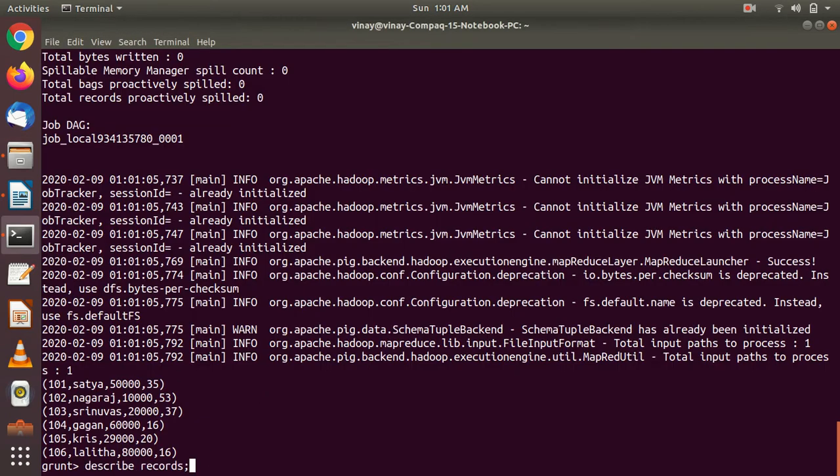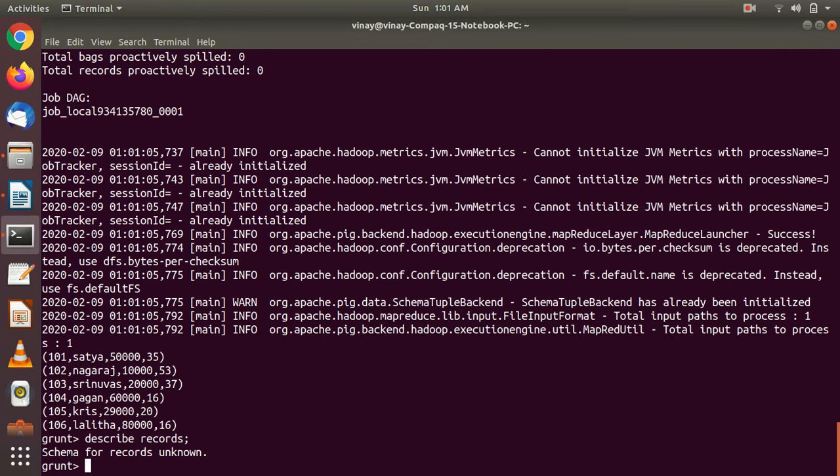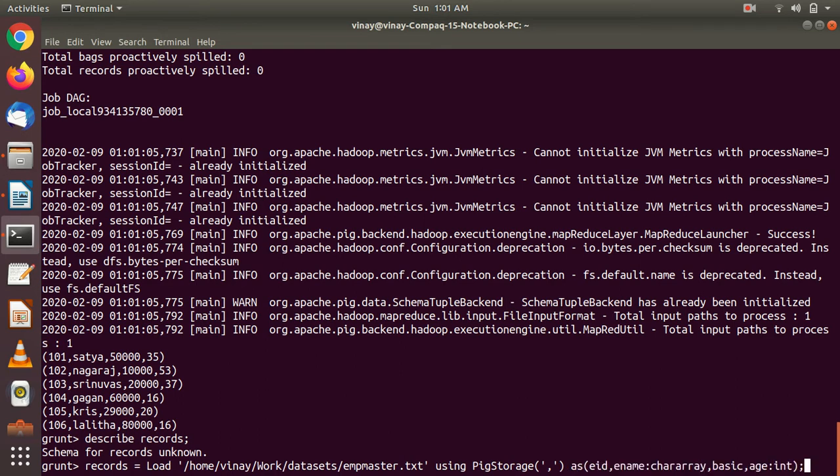Here we haven't seen any schema. Now let's attach a schema to this particular file. While loading, if you want to attach a schema, after records is equal to load, then path using PigStorage, you have to give the schema name like this. Let's say the first field I am going to treat as EID, the second field I am going to treat as